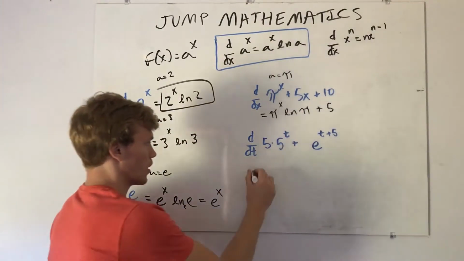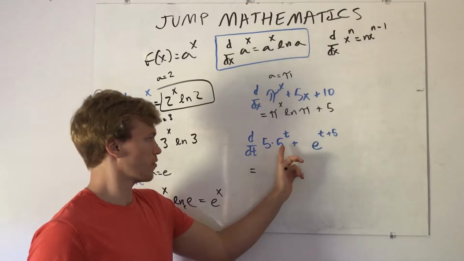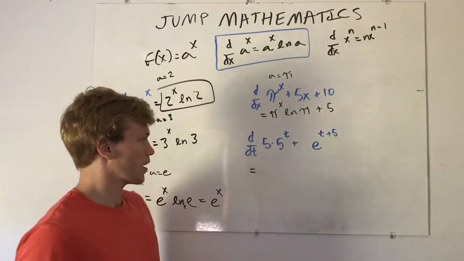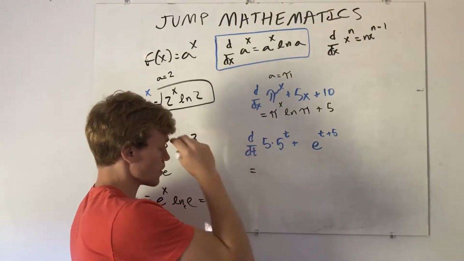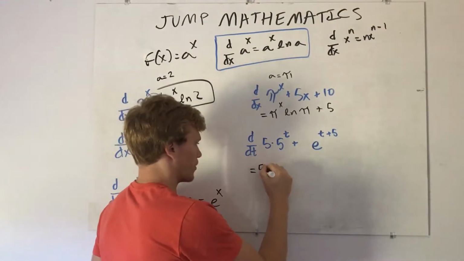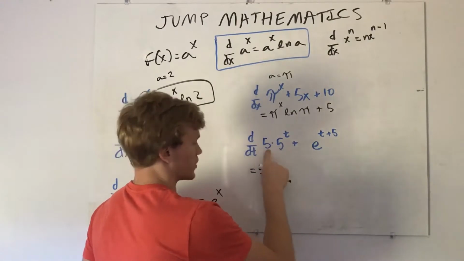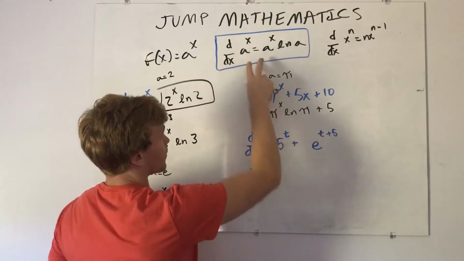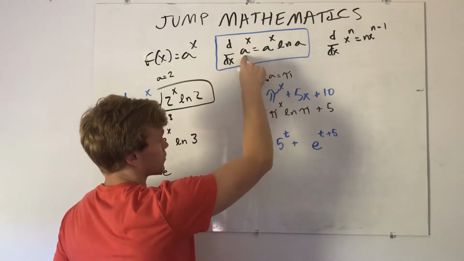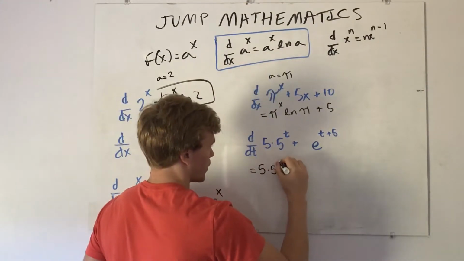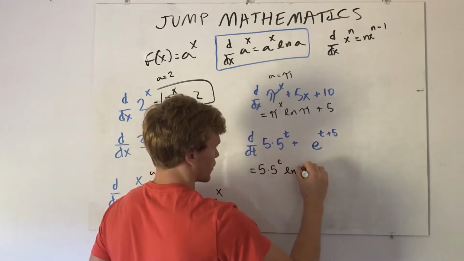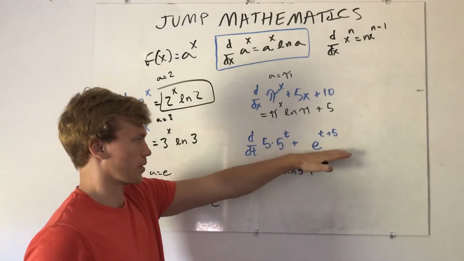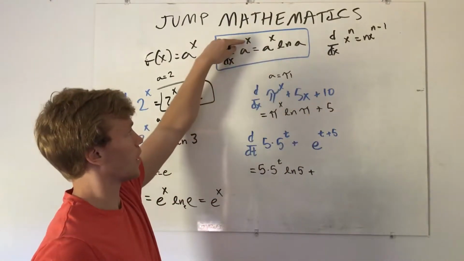Now we get into another tricky example. The derivative of 5 times 5 to the t is 5 times, this is just a constant multiple, so we write it down. The derivative of 5 to the t, according to this, we have a equals 5, so we should have 5 to the t natural log 5 plus, okay, this one is a bit more tricky because our rule up here